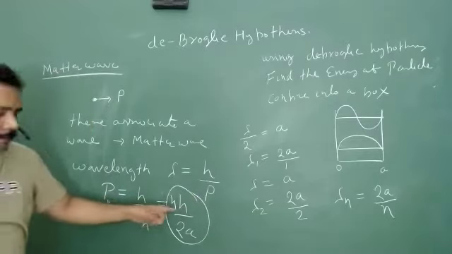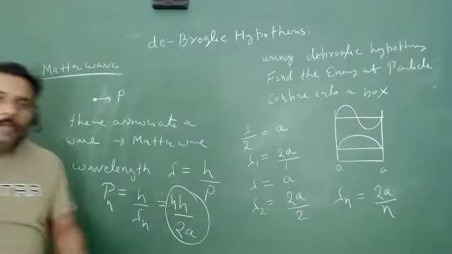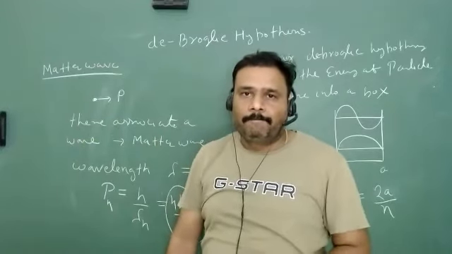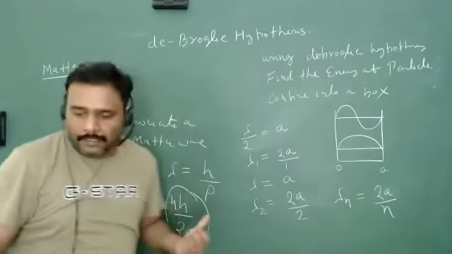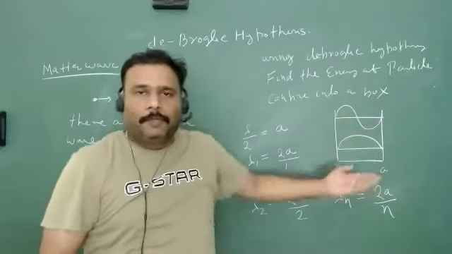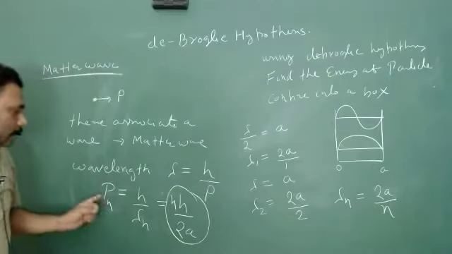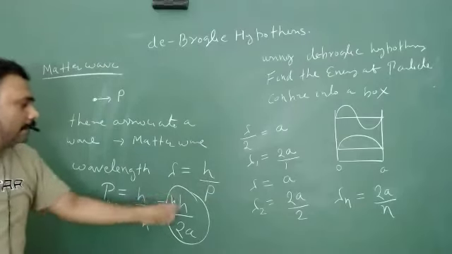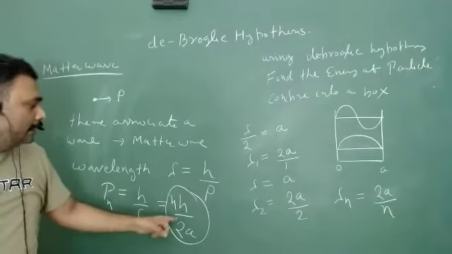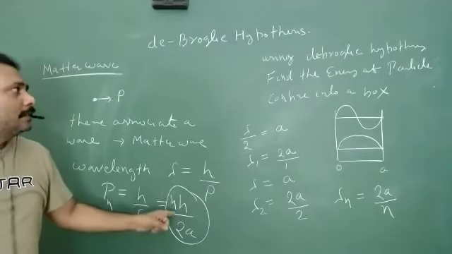So what are the possible momentum? The possible momentum for a particle is not all possible values as we have seen in classical mechanics. In classical mechanics any kind of momentum between 0 to infinity can be possible. So what you can find is that the momentum itself is discrete. So hence your momentum itself is discrete.